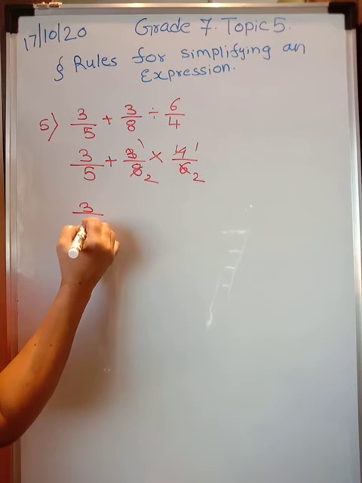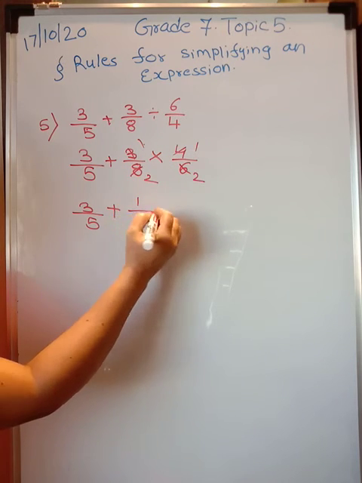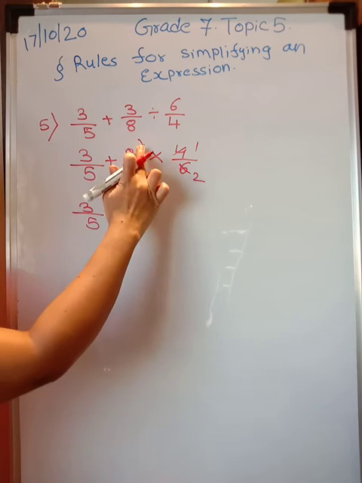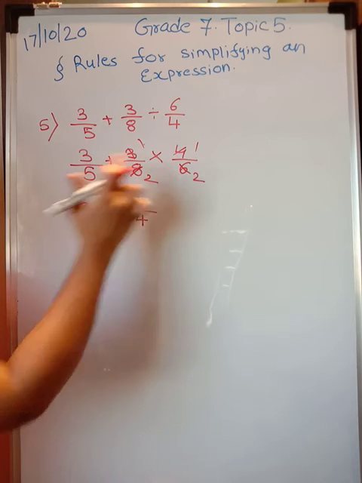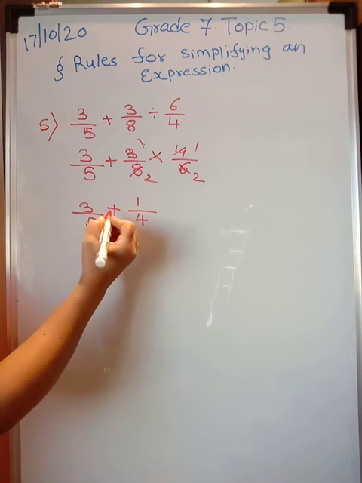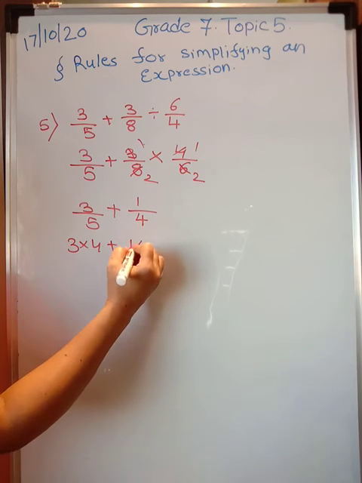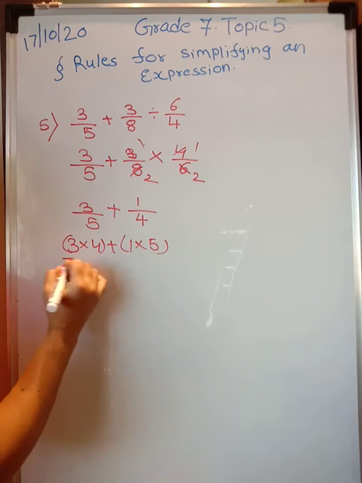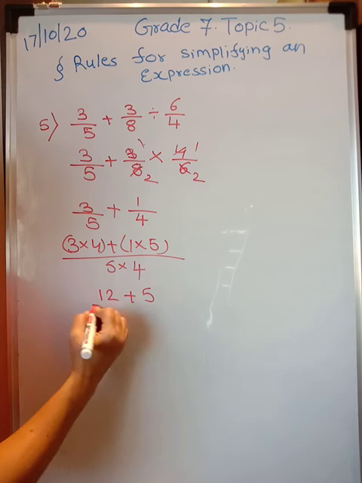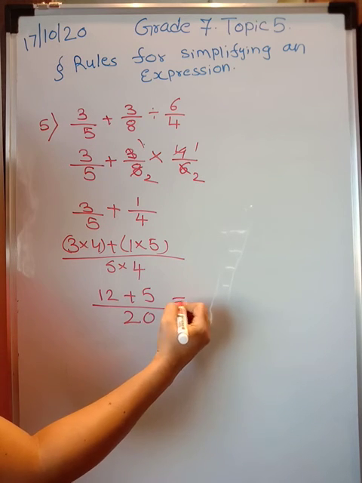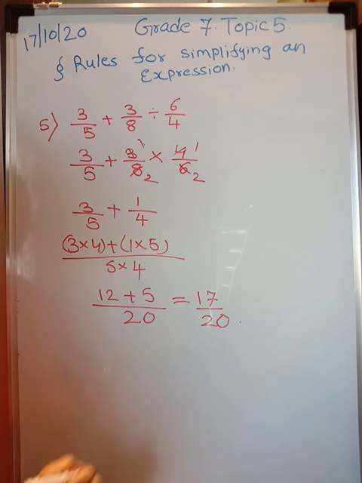So 3 upon 5 as it is, plus sign as it is. Now solve multiplication first. 1 into 1, 1, upon 2 into 2, 4. Numerator into numerator upon denominator into denominator. That is the rule for multiplication of fractions. Alright. Okay. Now you have to solve this plus sign. You can cross multiply. So 3 into 4 plus 1 into 5 upon 5 into 4. 3 fours are 12. 5 ones are 5 upon 20. So that is as good as 12 plus 5, 17 upon 20. Is this clear?